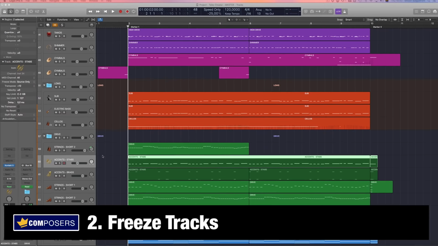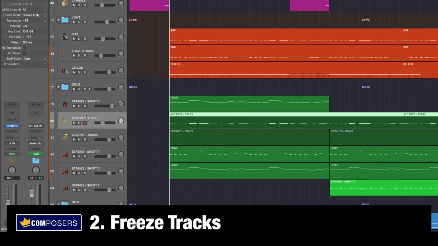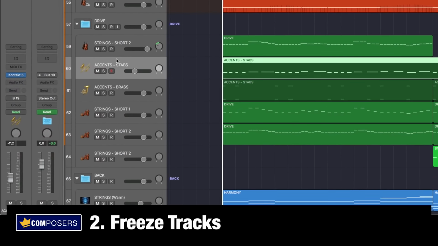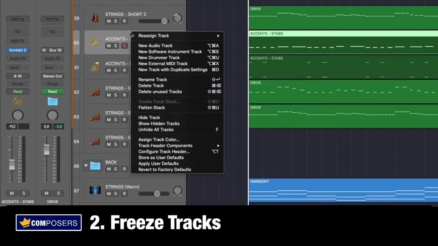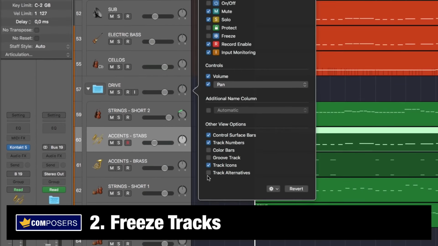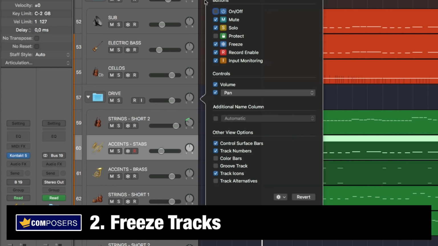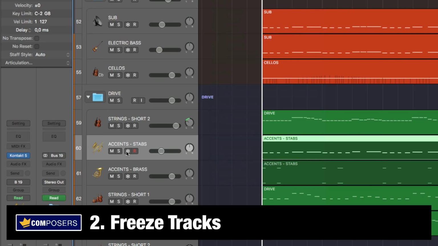Tip 2. Freeze tracks in your project. If you right-click here on any track in the upper area, you will bring up a menu like this one, and then you can click on Configure Track Header. When you activate this, the freeze button here, it will show up on every track, and if you click it,